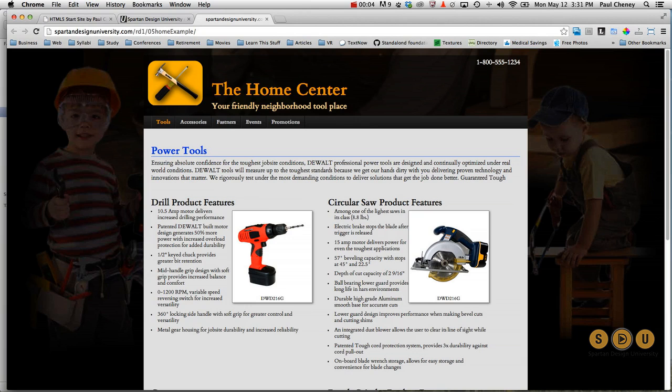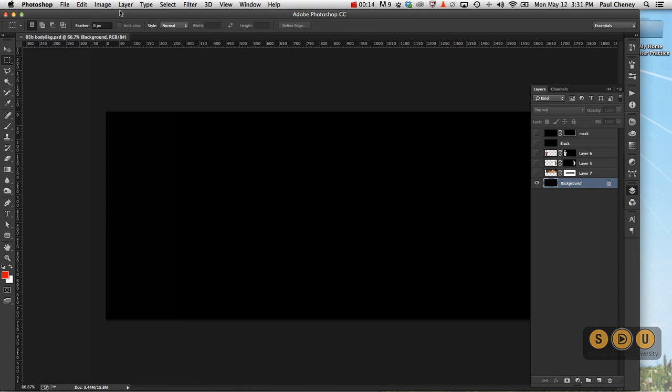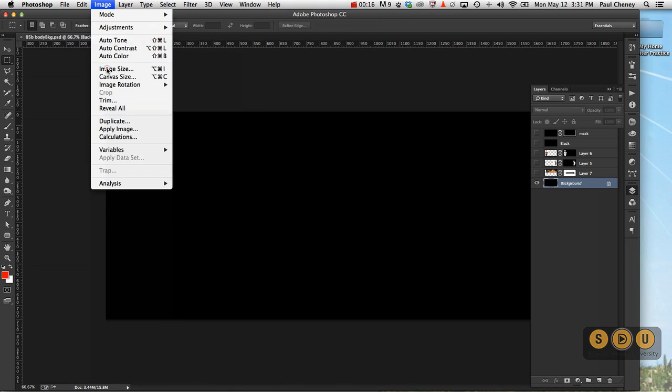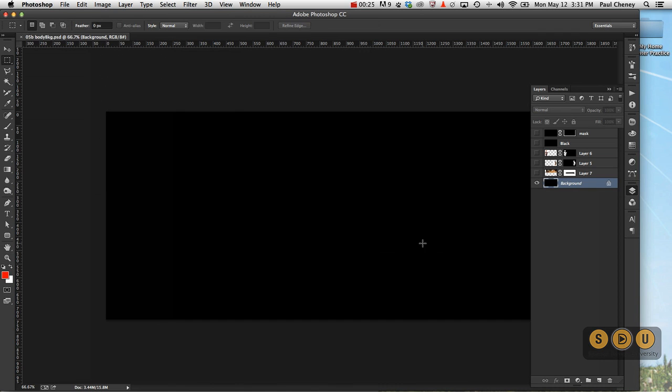Let's take a look at Photoshop and the process of creating this background image that sits behind only on the desktop. So here we've got a blank document. Its image size in pixels is 1600 by 751. Okay. What I'm going to do is